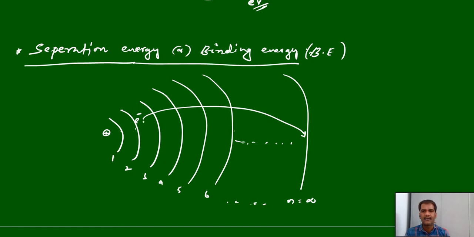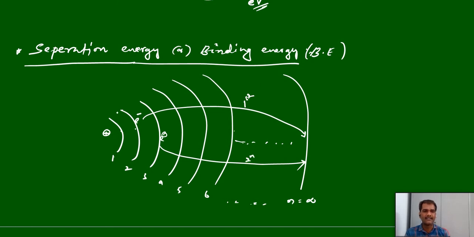To separate, bringing it from the second shell to infinity. And that energy, the energy required in this process, we can call separation energy or binding energy. And this energy we can call first separation energy. When you separate an electron from the first excited state to infinity, it is called first separation energy. Or, for example, if the electron is present in the second excited state, to remove the electron from the second excited state to infinity, that is called second separation energy or